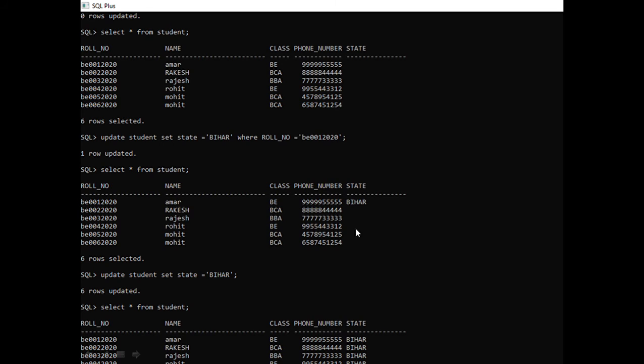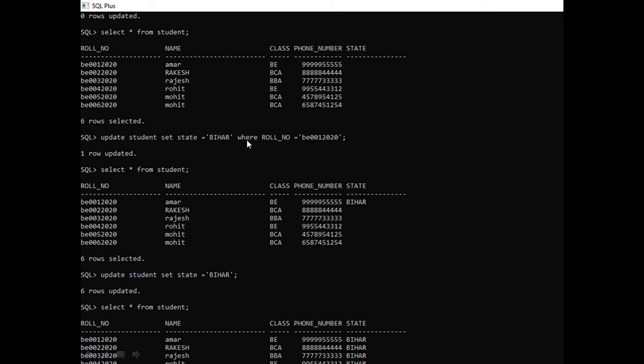Now suppose I want to add the same thing for all students, all for Bihar, just by writing this command: update student set state equal to 'Bihar', 6 rows updated. After this the Bihar state will be added for all students because I am not giving any where clause condition.